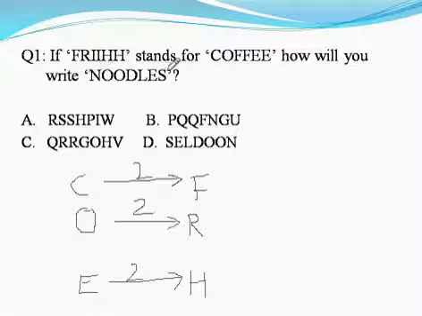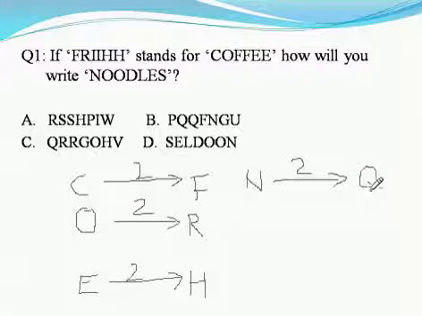So we have NOODLES here, we need to encode NOODLES. A similar key we will apply for NOODLES. The first letter is N. What will N become? We will add 2 here. As we have got the key 2, we will be adding 2 after N. N, O, P and Q. So Q is the first letter we have encoded using N. We have added 2 to N and we have reached Q.